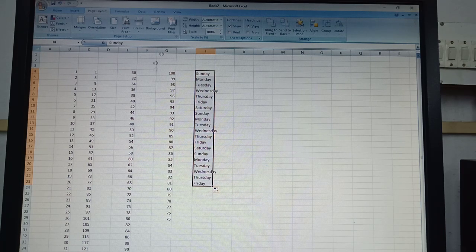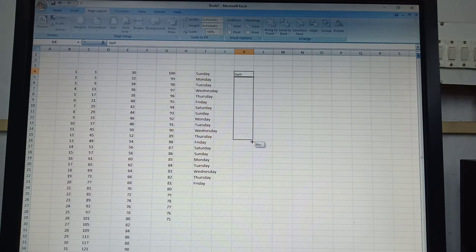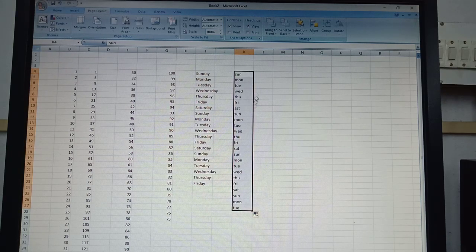And the names of the days are also available in short form. If we type the short form of Sunday and drag it, then the names of the days will come in short form.